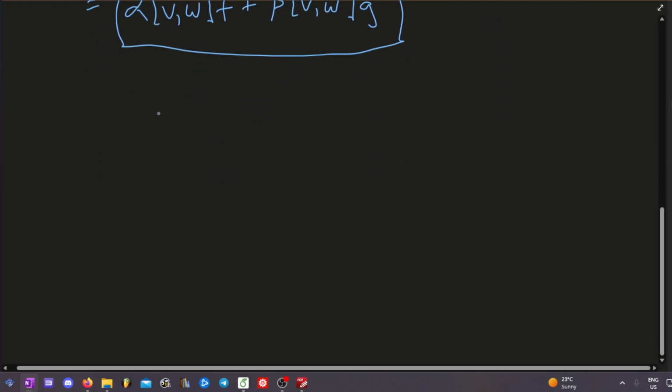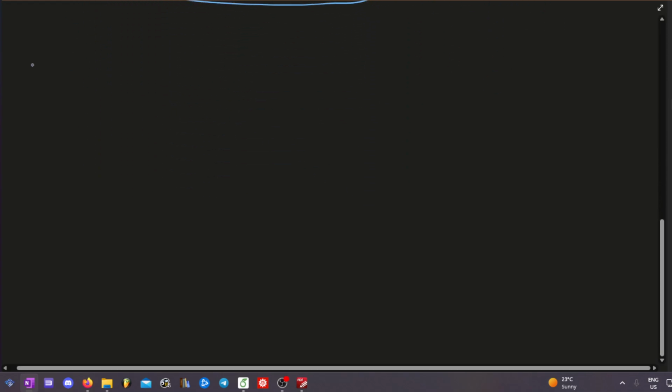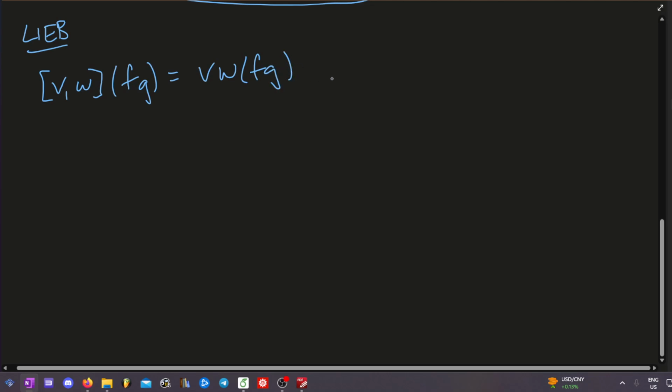Okay, so we can go on and show Leibniz as well now, which is like the product rule. So we can start with the commutator of two vector fields, v and w again, and let this act on the product of f and g. So this is going to give us vw times fg minus wv times fg. Now we'll apply the product rule. So this is v times, let's do it this way,